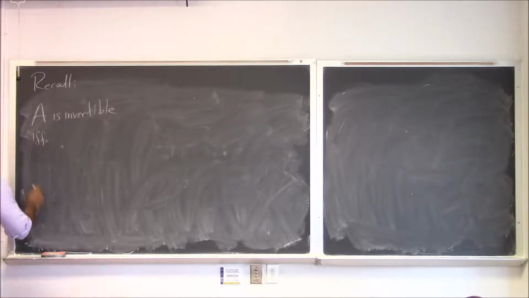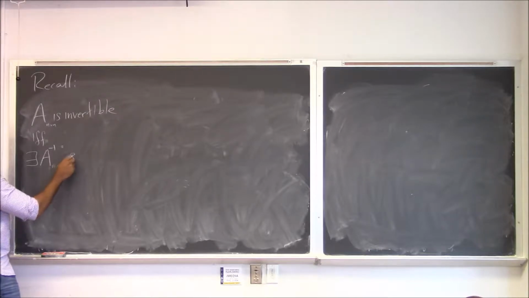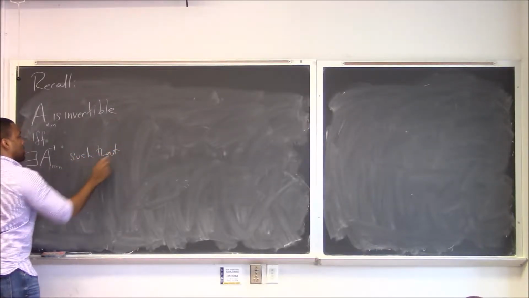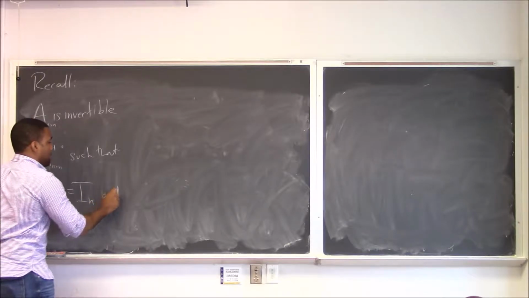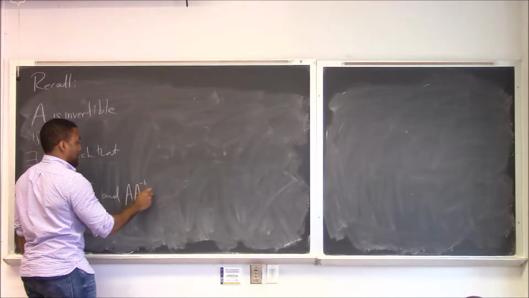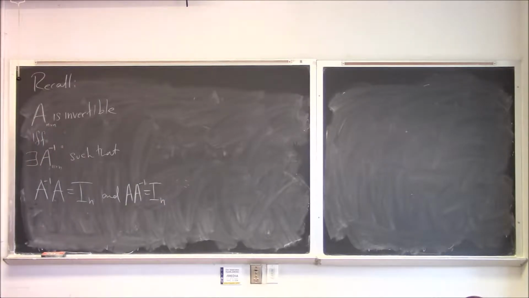There exists a matrix, where A is n by n. There exists a matrix that we call A inverse. It's also going to be an n by n such that A inverse by A gives you the identity. Alright, so invertible means there exists a matrix that when we perform matrix multiplication with A, in any order we